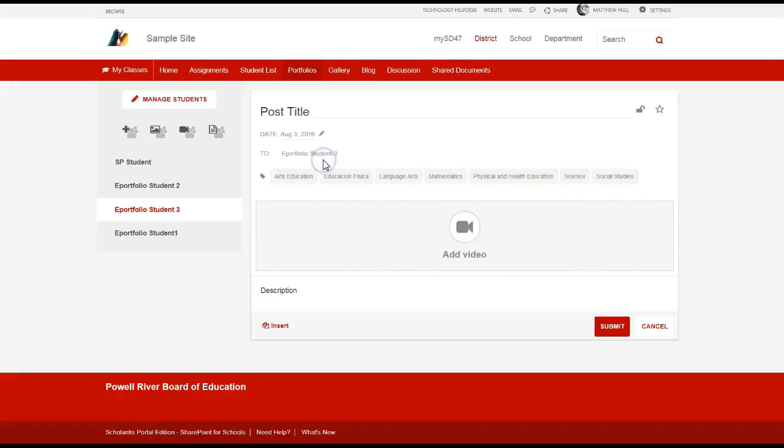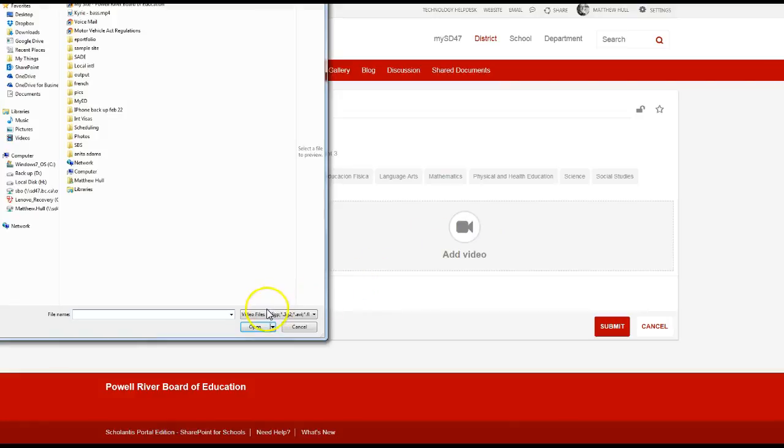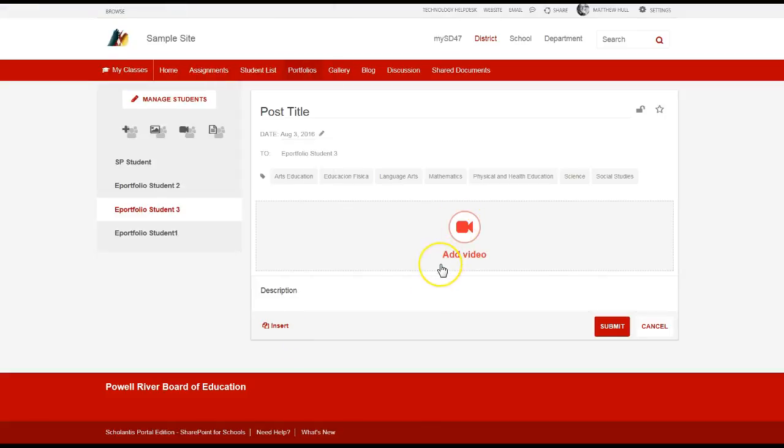Next is a video. Now this is going to be the exact same option, except rather than searching for image files, it's automatically going to look for video files, which I currently don't have any. Again, if you were on a mobile device, it would open up your camera and then say, for taking a video, and you can take a video right off of your iPad or iPhone or mobile device and upload it, add a description, add some text or some